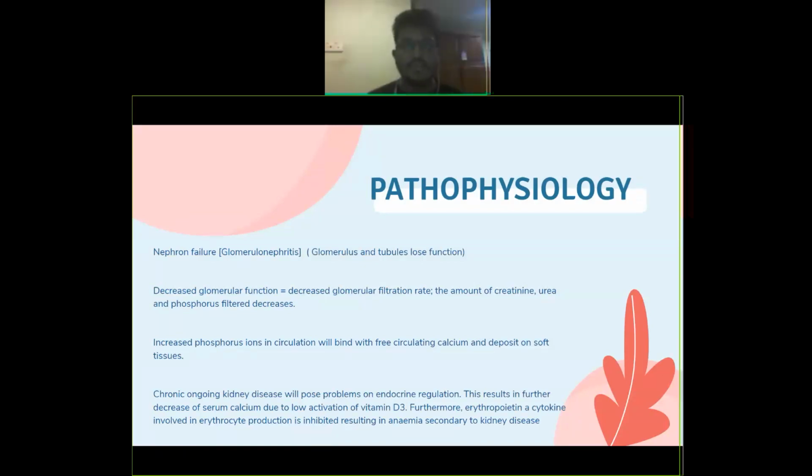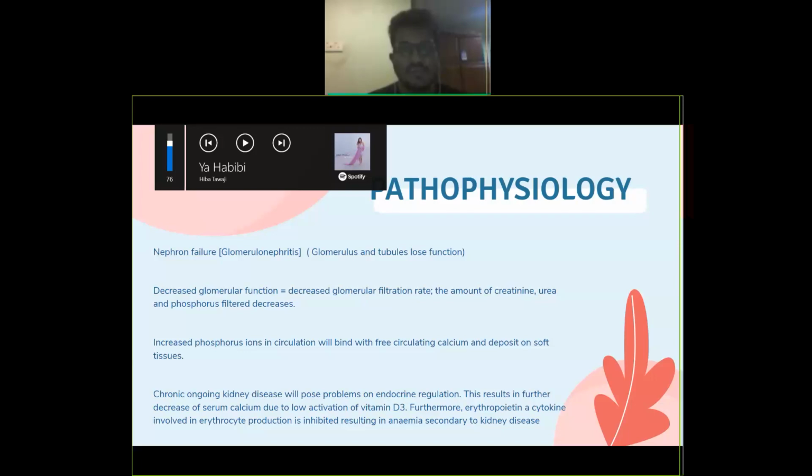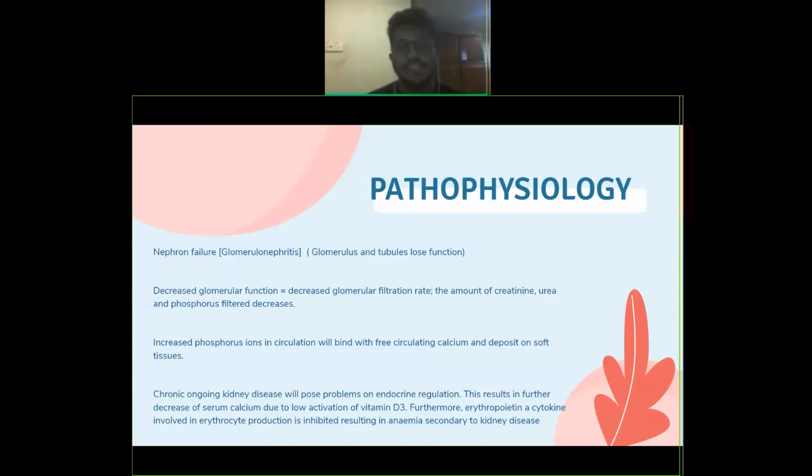So I will be talking about the pathophysiology. In this part, we are basically going to articulate whatever we interpreted with the possible pathology that we could think of. Firstly, what I think the possible damage would be in is the glomerulus. It's called glomerulonephritis, which means there is a loss of function of the glomerulus and the tubules. Why do we say the glomerulus is damaged? As we can see from the blood profile, the levels are...